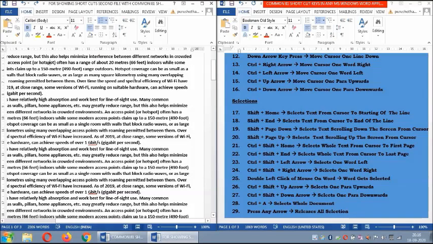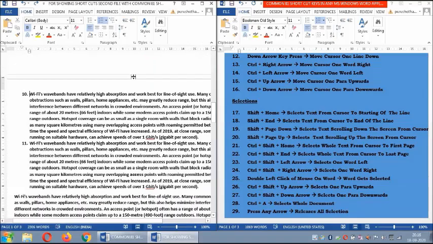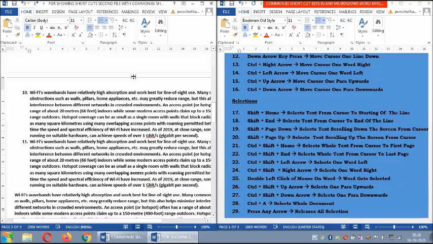Again Shift Page Up, it is selected upwards, not downwards. See, from the cursor point towards upwards it is selected. So I show you somewhere. I go to the second page. If I want to go to the second page, Control Page Down. Now my cursor is in the second page.